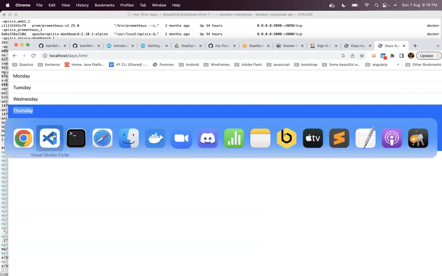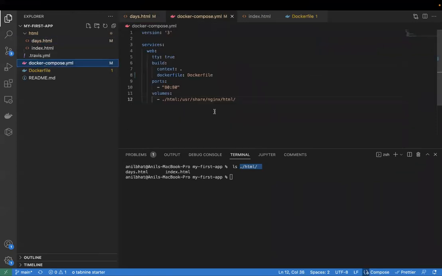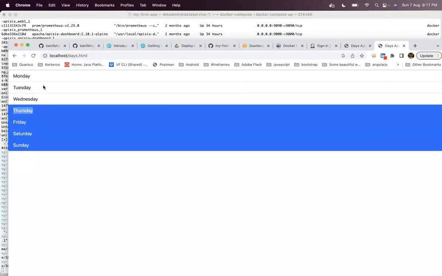That is what you have done using the Docker Compose file's volumes feature. Under volumes, you have said that all the contents in the HTML folder should be mapped inside the Docker container to this path, which is typically the nginx web server path. So whatever changes you make inside your local HTML folder get reflected immediately inside the Docker container. That is how you dynamically mount and make changes from outside instead of rebuilding the whole Dockerfile.